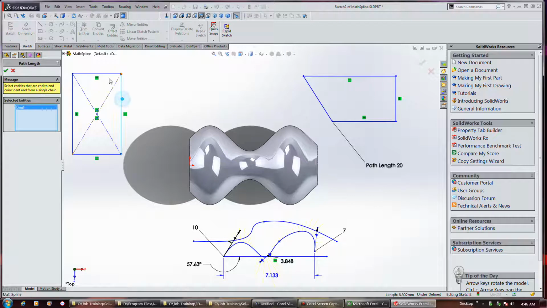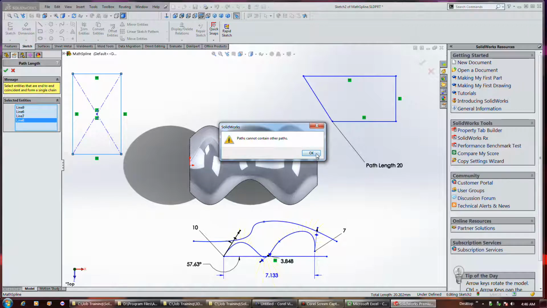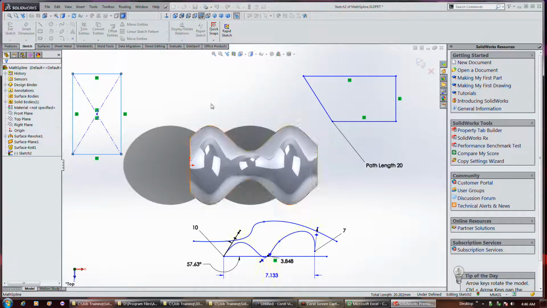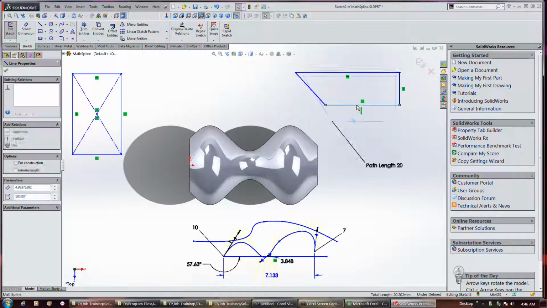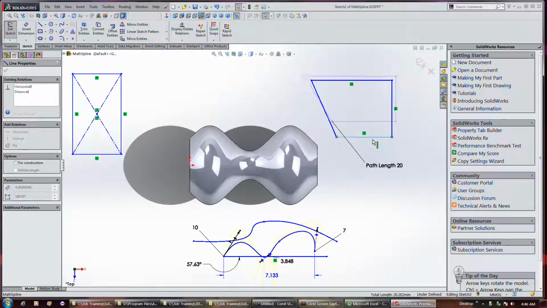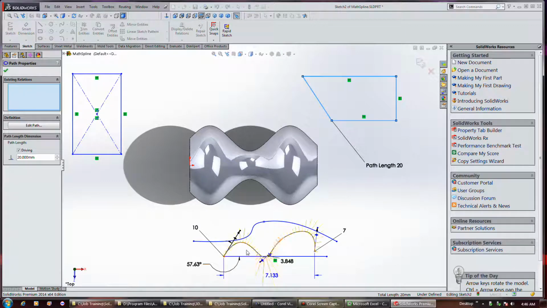Like I said, this thing is pretty finicky, but once you do apply it, it does keep the path length. You'd think you could apply it to any geometry, but you can't. It's just stupid. Again, non-intuitive. Anyway,